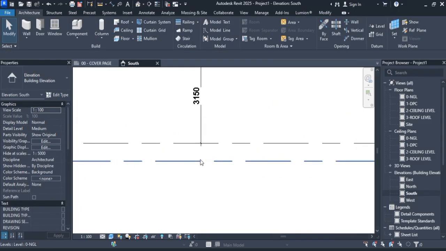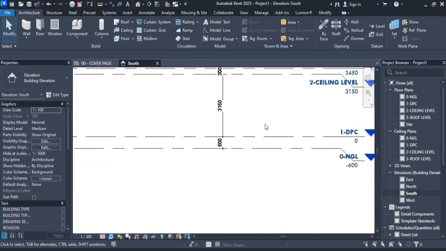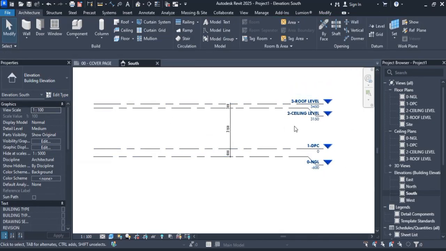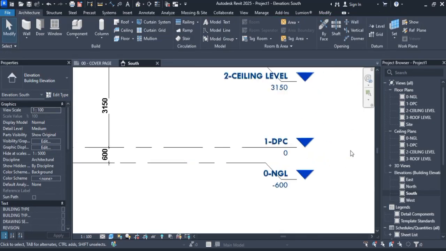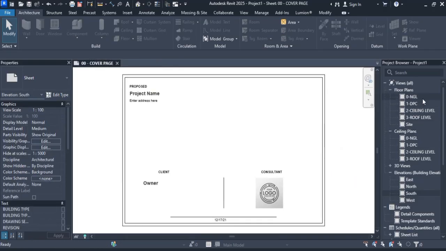So the distance from the height of the natural ground level to the DPC is 600. That's what I want, so I'm going to leave this like this. So this is just for basic residential settings. Of course, for some commercial buildings, your DPC level could be higher than this, depends on what you want to design. So I'm done setting my levels for now, and I'm going to go back to my natural ground level